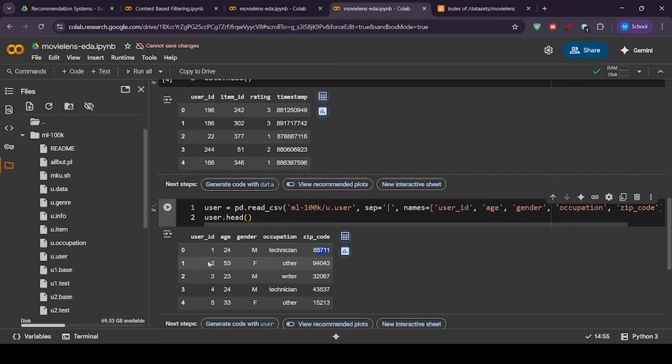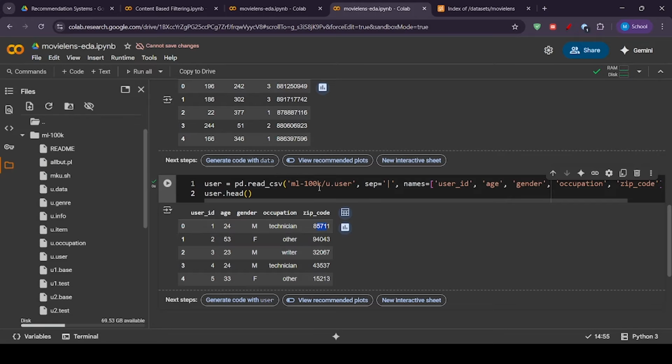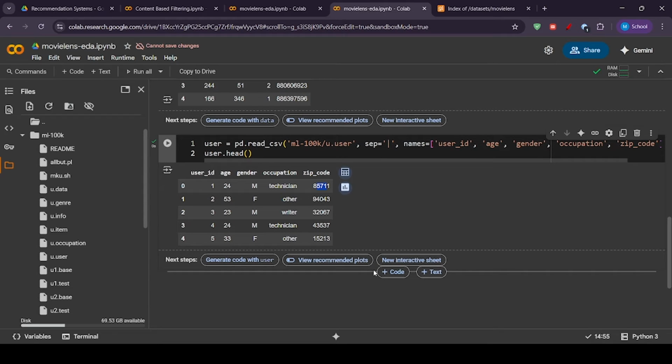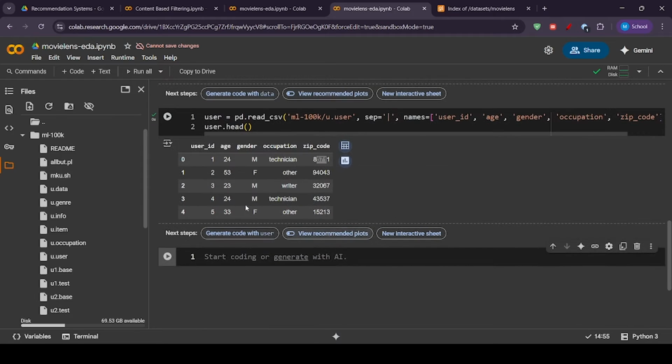Similarly, the second user ID belongs to a 53-year-old female, and maybe she didn't disclose her occupation, and 94043 is her zip code. So similarly, you can get the same data about the items. So this item ID belongs to some movie, right? So item, if I show you,